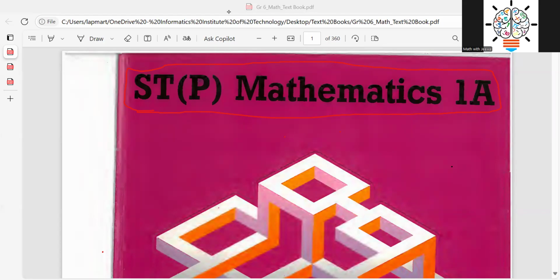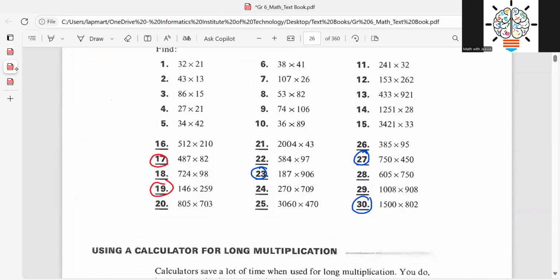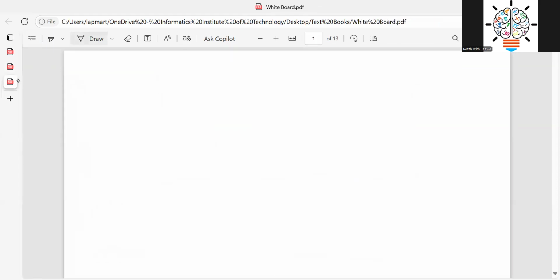So today I'm planning to start the division, but before starting the division, we have a few homework questions to discuss from the multiplication, the law of multiplication. I think I gave you these sums 17, 19, 23, 27, and 30. Everyone, please take your exercise book together with the pink color pen, and we are going to discuss the homework sums. So then question number 17, what I want to do,